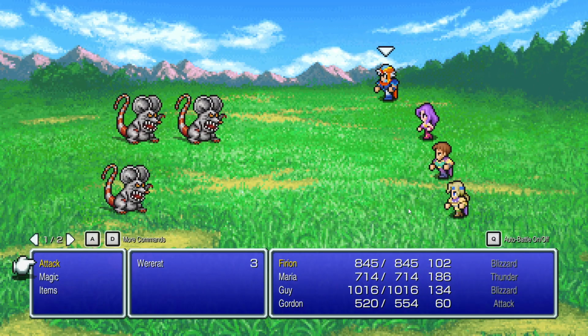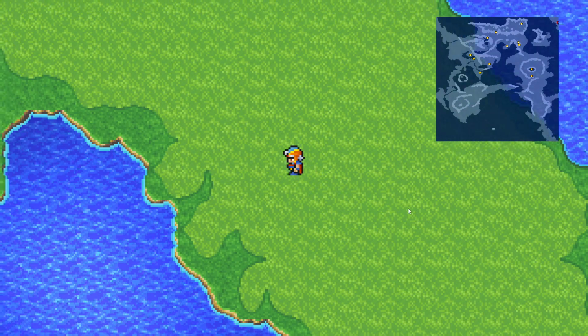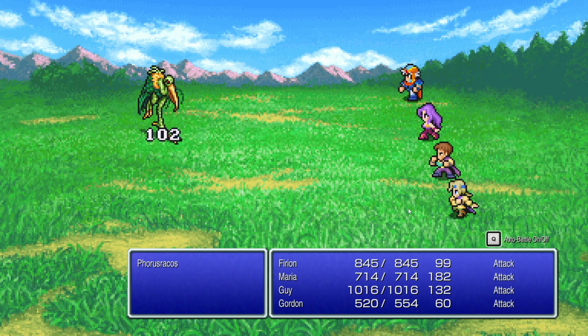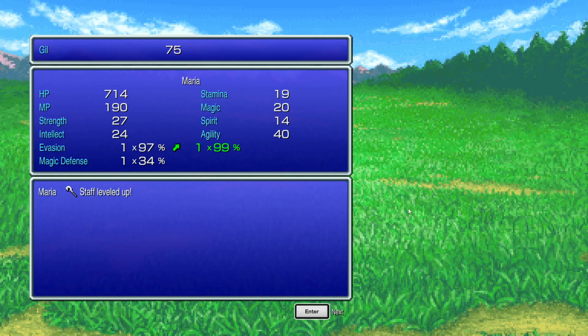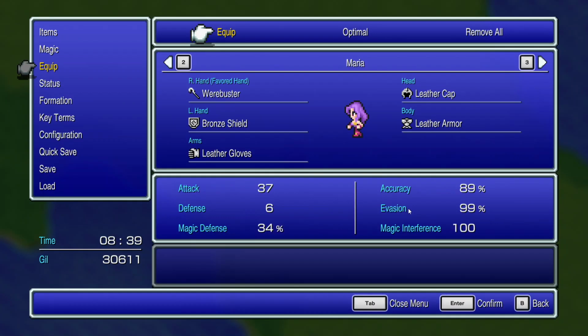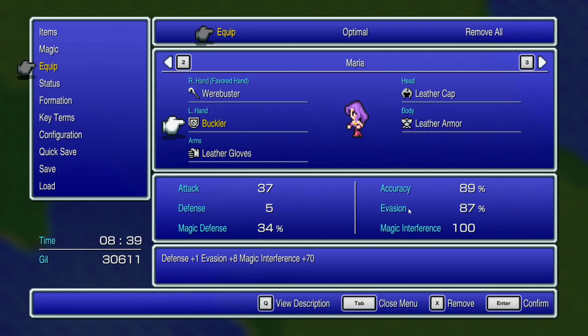Not sure if I actually remember where I need to go. Ooh, new enemy. And they can take a couple hits before they die. And Maria's evasion is coming along very nicely. Even with just the buckler, 87%. Yeah, he needs the bronze shield to get it up to 894, so...